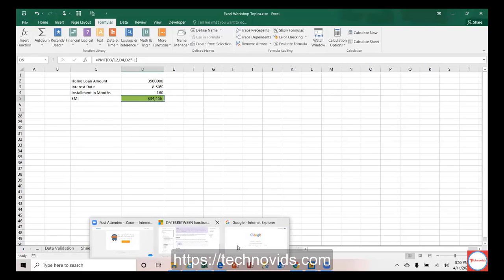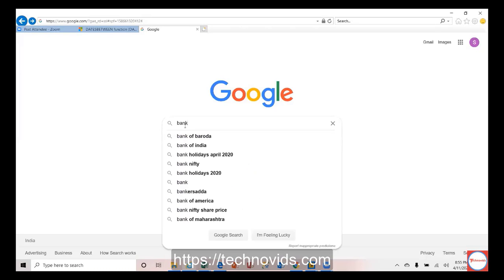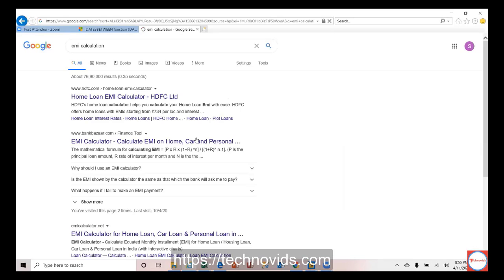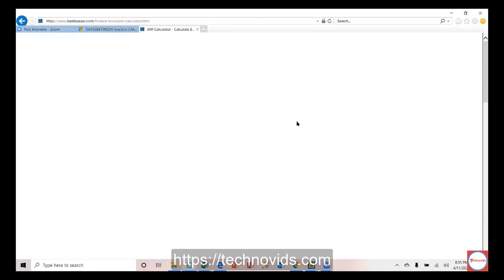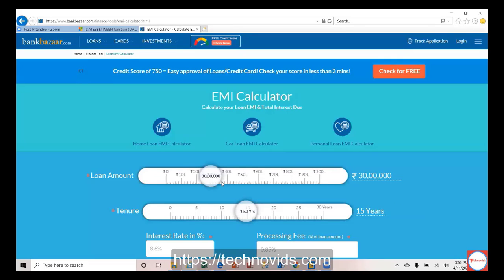So you may say, I trust Excel definitely, but I don't believe Excel, right? Whether it's calculating properly or not, right? So what you can do is go to one of the EMI calculation websites, and you can check yourself whether Excel is doing it properly or not. We definitely don't believe most of the bank guys. That also makes us sometimes not believe anyone in the financial field.